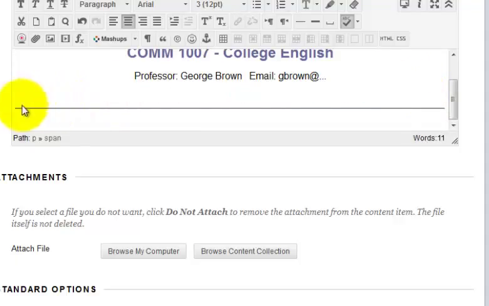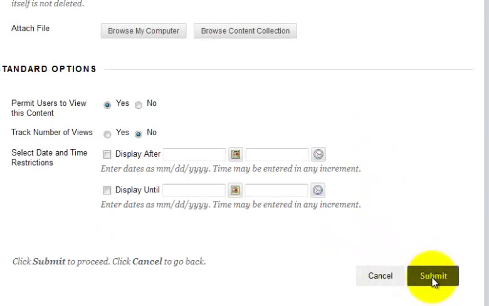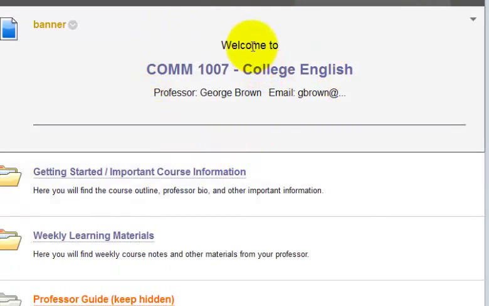I'll leave the horizontal bar as it is, and when I'm done with that, I'm going to hit the submit button. Okay, so I can see now that my banner has been successfully modified, and I'm going to go into the